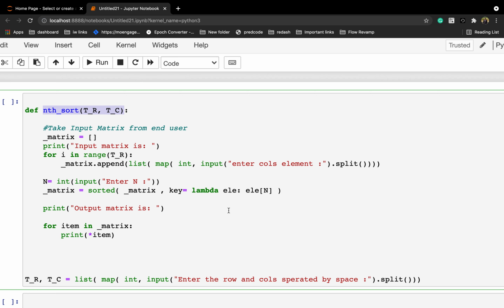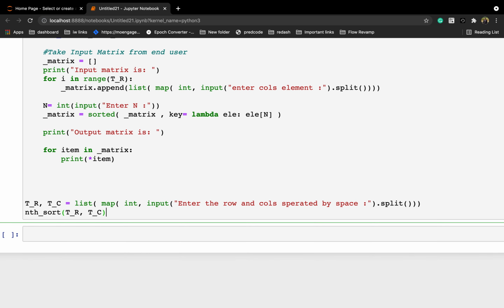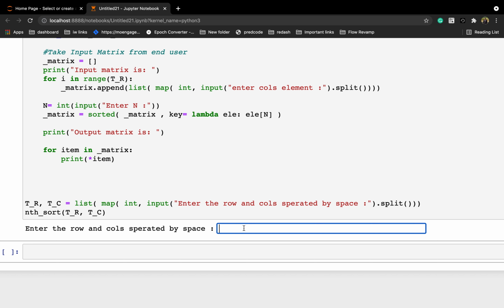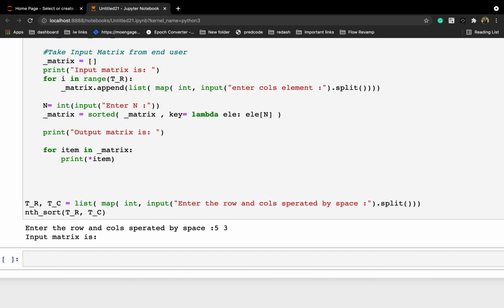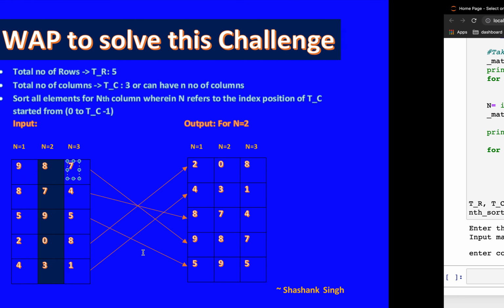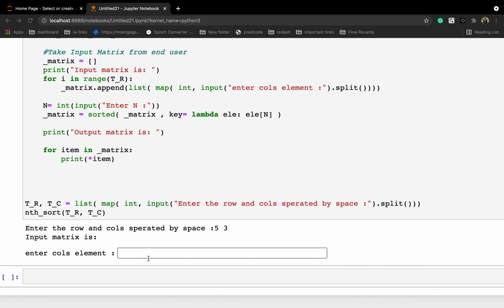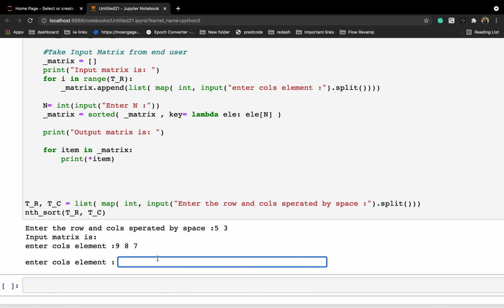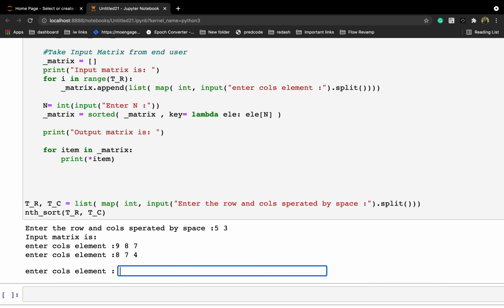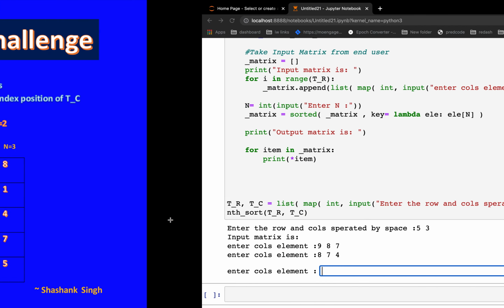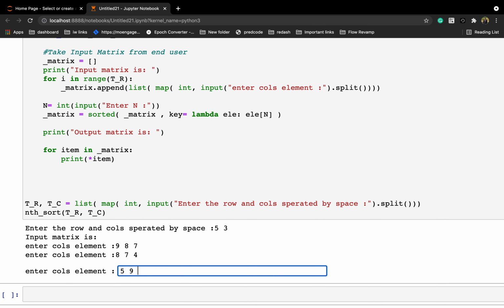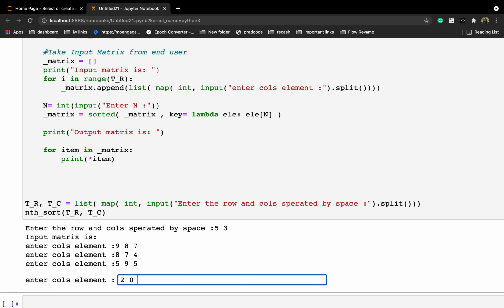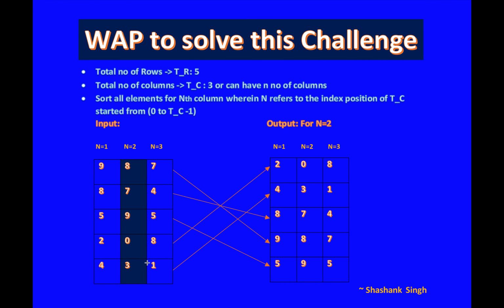Let me call this function. Let's say we enter the rows and columns separated by space, 5 space 3, right? Enter the column elements, so I am writing the same elements, 987. Enter the column elements for the second row, 874, and then 595, 208, and then 431.